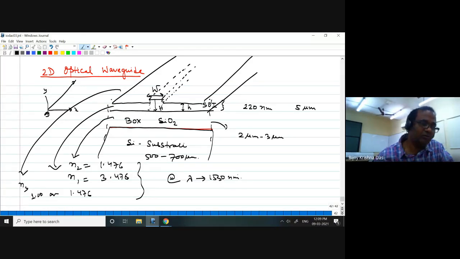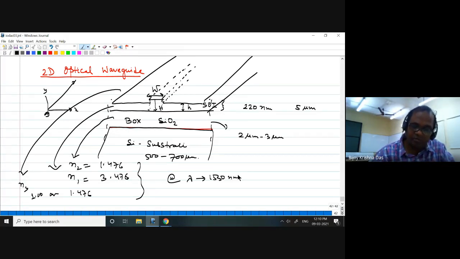So this is the thing. Normally it's a kind of waveguide structure people are using for designing different types of integrated optical circuits, and also some commercial products are coming out of this type. This is the basic building block for silicon photonics integrated circuits. Now I want to study how this type of waveguide you can analyze using the concept we have discussed so far in case of 1D optical waveguide.